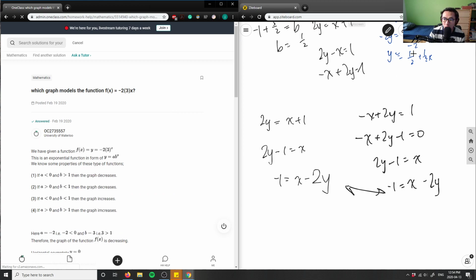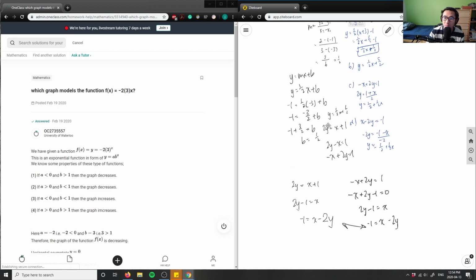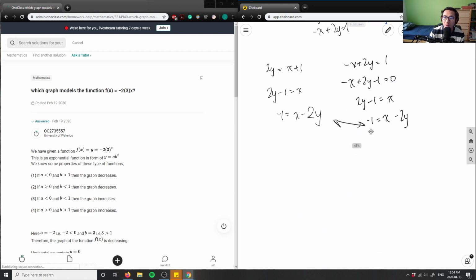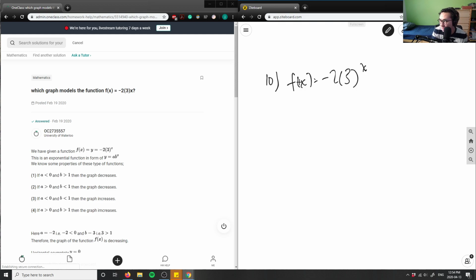So that's okay here, and this is a lot of math. This is number 8 here, right? No, this is number 9, and this here is number 10. So let's look at number 10 here. Which graph models the function f of x equals -2 times 3 to the power of x? So this problem is actually a grade 11 problem, so I'm going to save this and do it in another video, because as a grade 10 student, you actually don't know